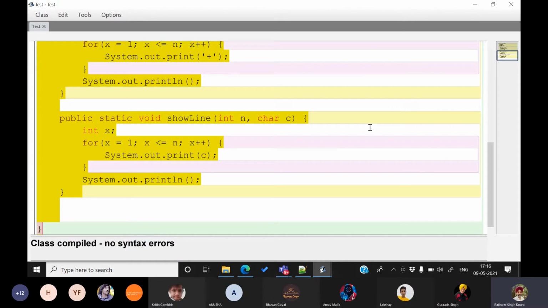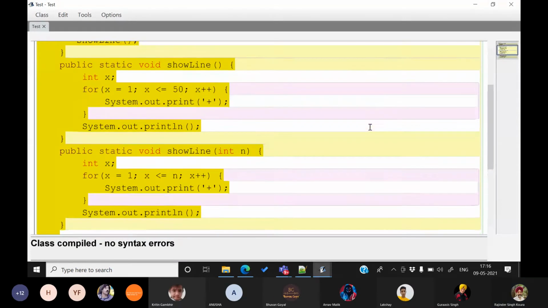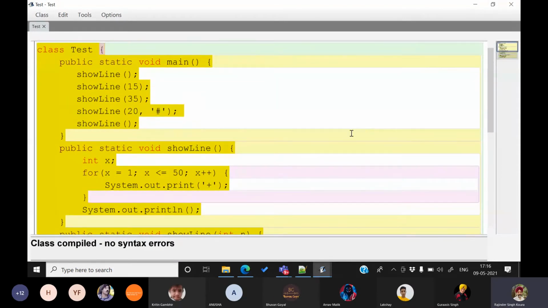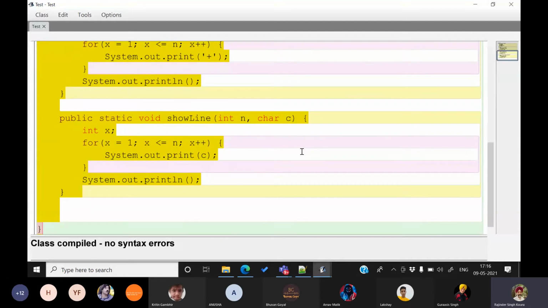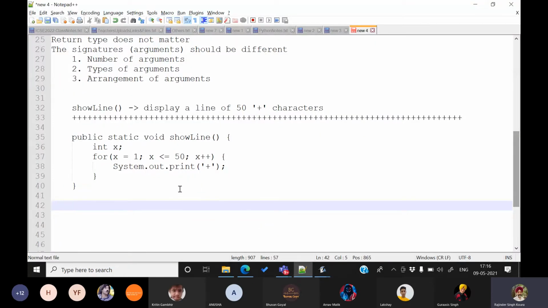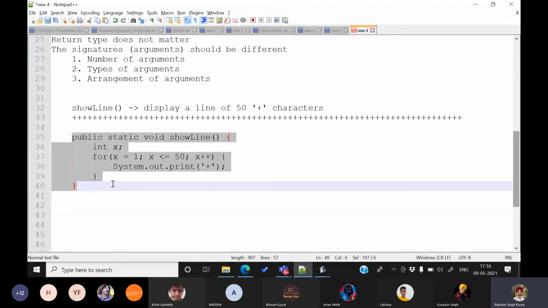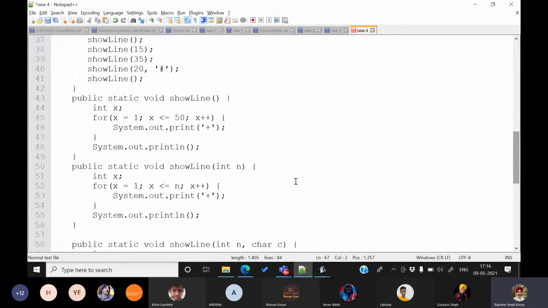Now, this is an example of function overloading. Okay, I'll pass this to you when the class is finished. But let me copy this into this notepad. Okay, now,